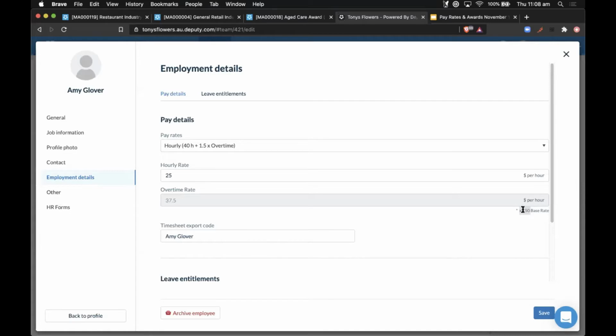So a timesheet will show a new pay line that is at $37.50 if the base hourly is 25. So it's important to note that the overtime calculator is not a dollar value. It's a multiplier of the ordinary rate. So that's really good to see there.